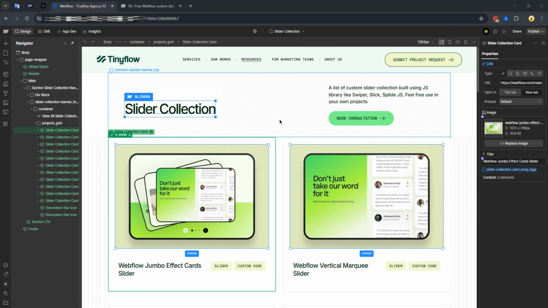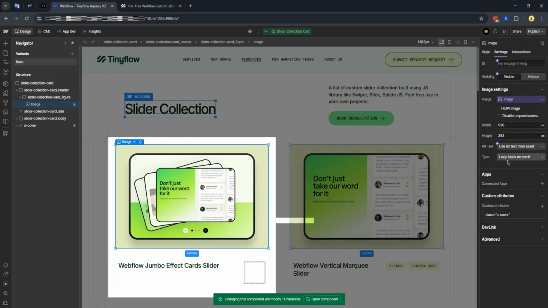Hey everyone! When we connect an image inside a component as a property, we usually only get to replace the image itself. But here's the catch. You cannot define its loading type, like is it going to be lazy loaded or eager loaded? I'm talking about this type option right here. Do you want it lazy or eager? Now, why does this even matter for components?